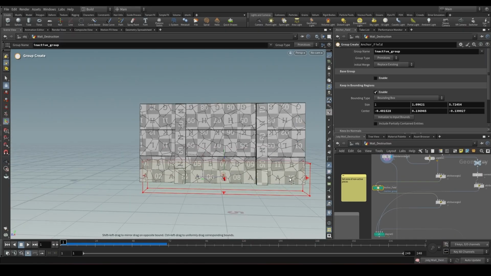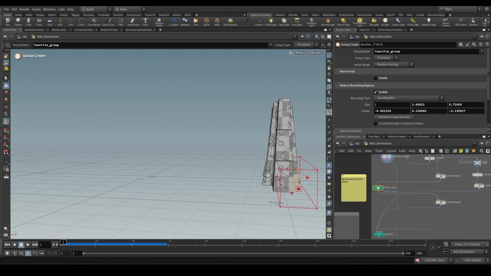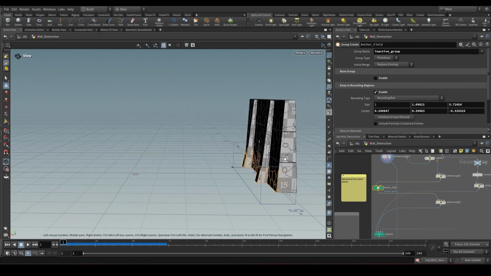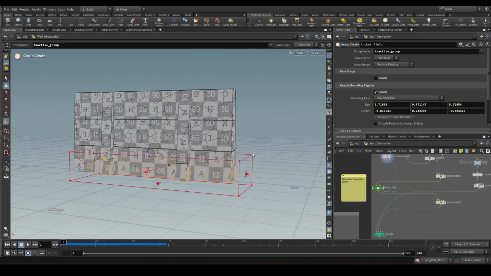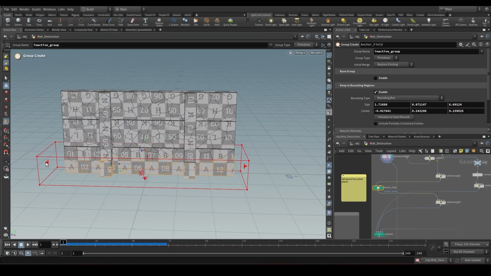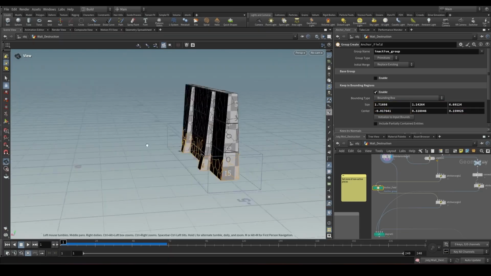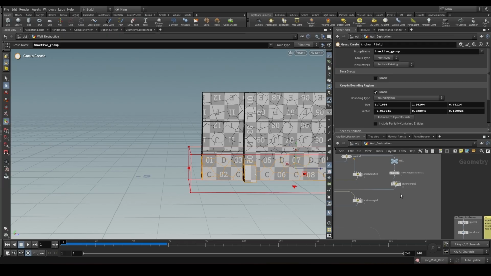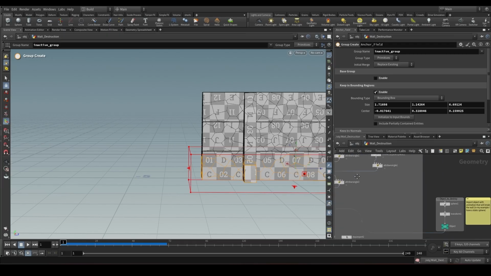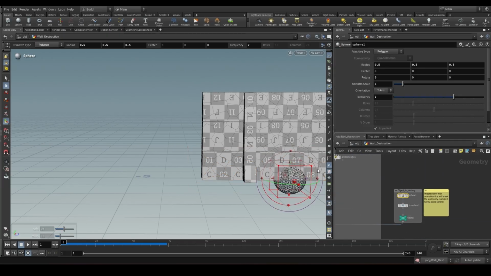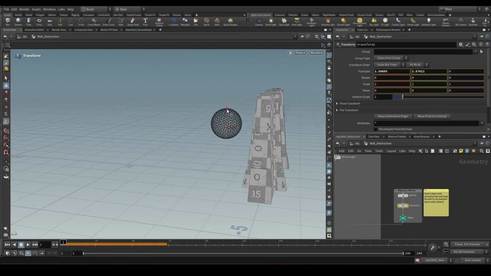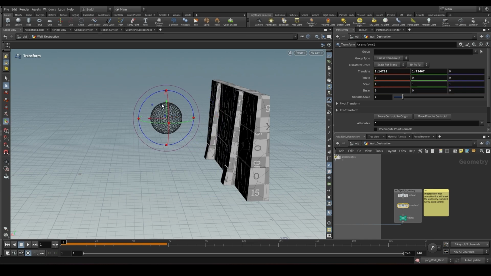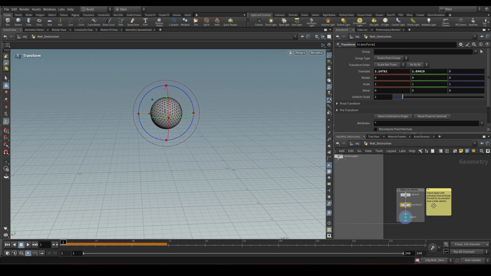But first we must choose which pieces we don't want to participate in the simulation. We set them as static, as in Unreal or Blender, so they don't affect the process. We set our bounding box, and next we add the object that will break the geometry. In my case, just a small sphere. Raise it slightly higher, and then